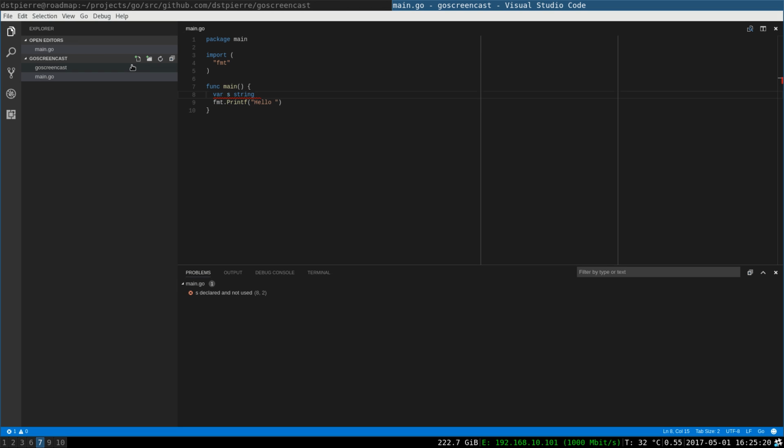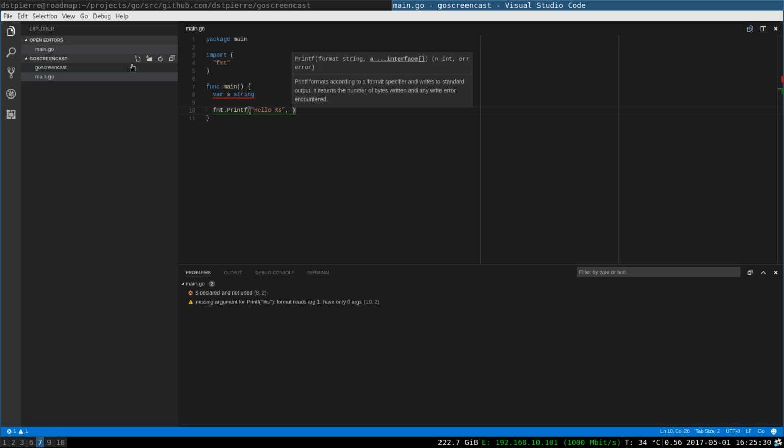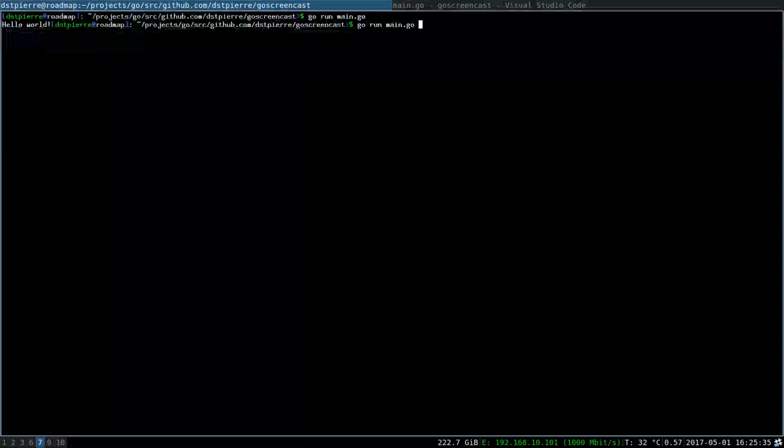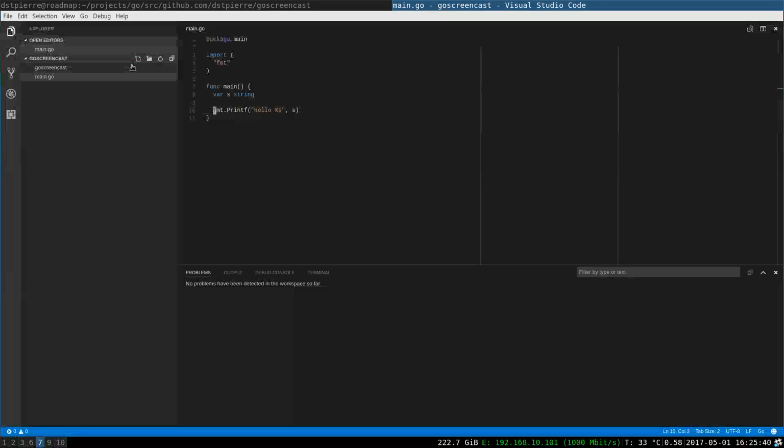Now this variable is of type string, and I can use it in the printf function in here and say, you will receive a string, that's the %s in here, and just print it. If we run that, it will just print hello, because there's nothing in our variable at the moment. We don't have any value assigned to it.